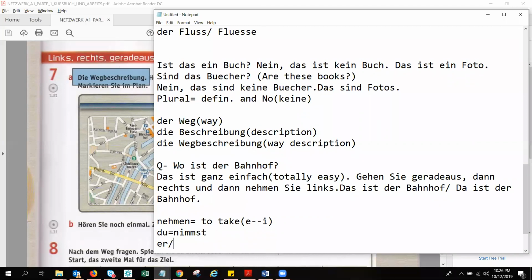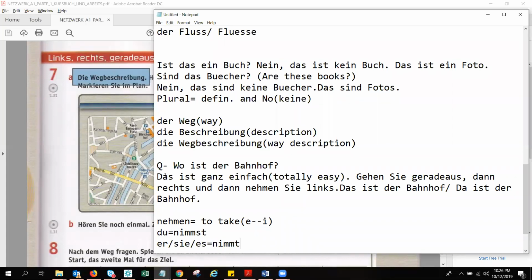And with RGS, it will be nimmt. This you have to remember. I'm sorry. Okay, so definitely there are other ways to tell the way. If you have second left, second right, we have not done those second, third kinds of counting. When we do that, we will use it in this. But for now, you can use it like this. If you are going from your place to another place, you can just remember this.